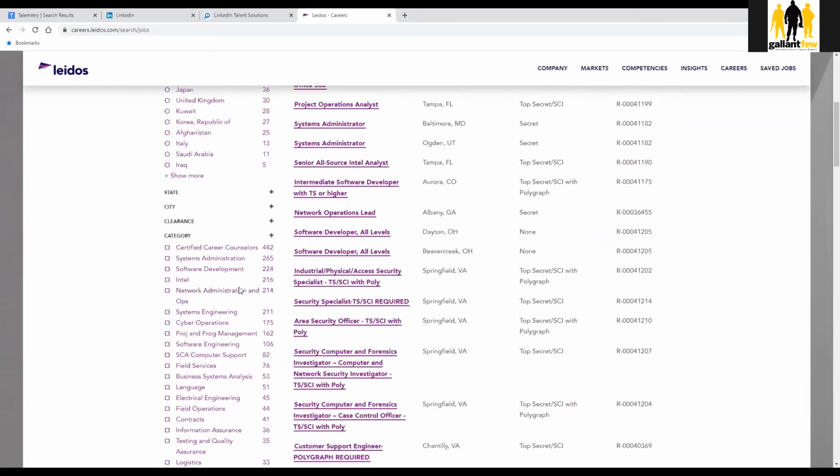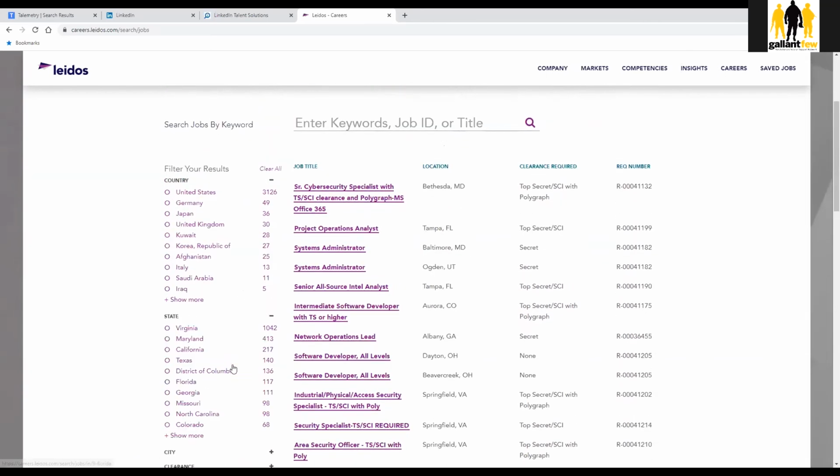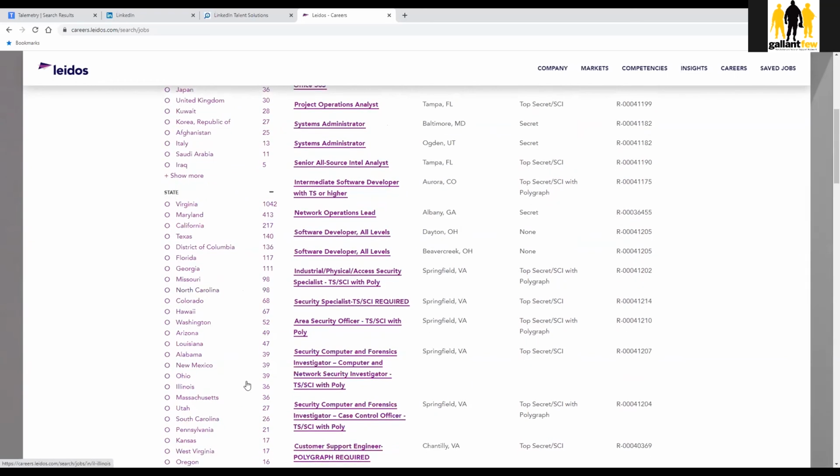So like I said, that's why I recommend going to location and clearance level and focusing in on some of those larger and broader qualifiers from the start. That'll make it a lot more simplified when you're looking at the specific competency areas and skill areas and things like that. Otherwise it can be overwhelming with the number of positions that we